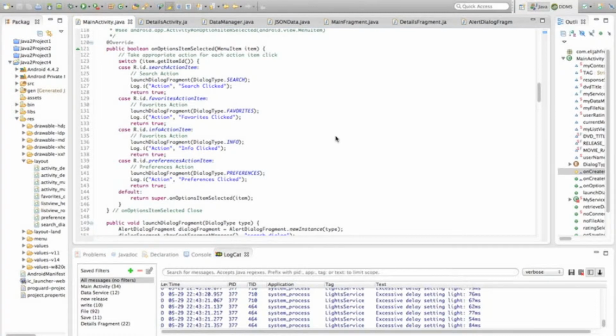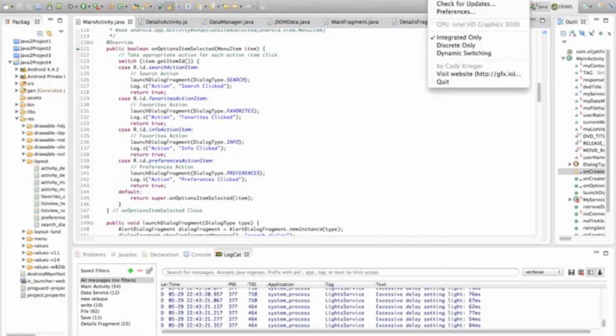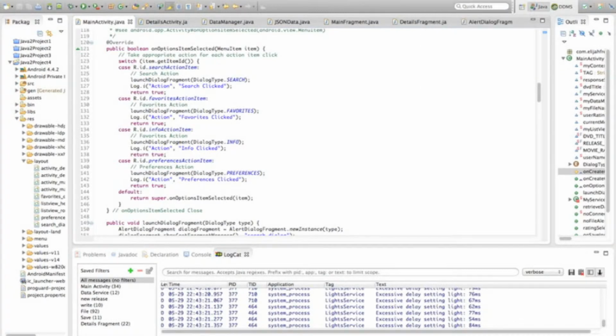I found a program called GFX Card Status that allows me to block the dynamic switching of my GPUs. I've found that the problem appears to be a dying discrete graphics card. So unfortunately, I do have to make some modifications to my workflow as well as to this video, such as